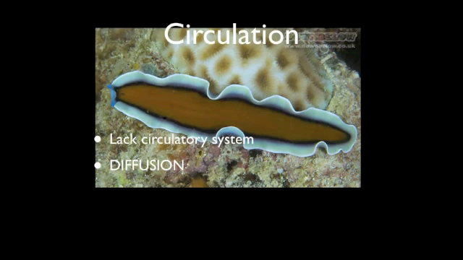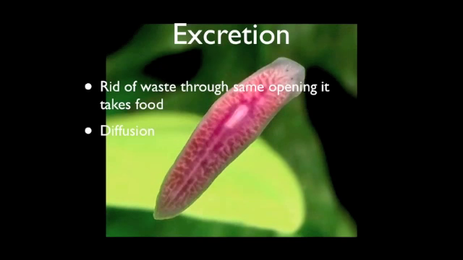Circulation. Flatworms lack a circulatory system, but the fine branches of the gastrovascular cavity distribute food directly to the animal cells. They rely on diffusion as well. Excretion. A flatworm gets rid of waste through the same opening it takes in food. Because of the proximity to water, gas exchange and the elimination of nitrogenous waste can occur by diffusion across the